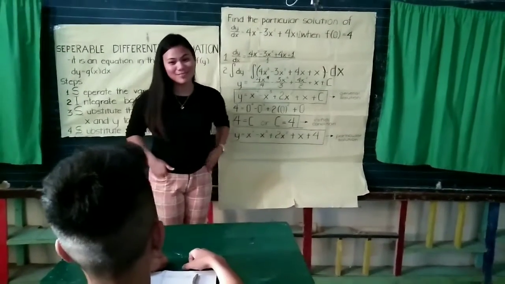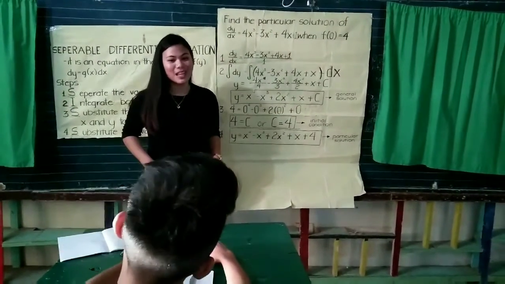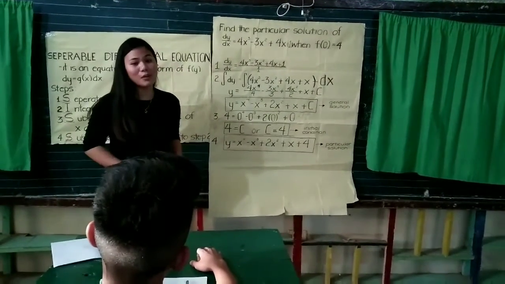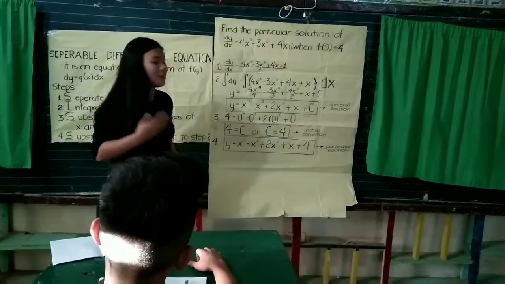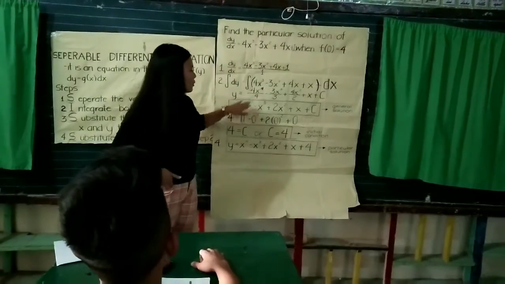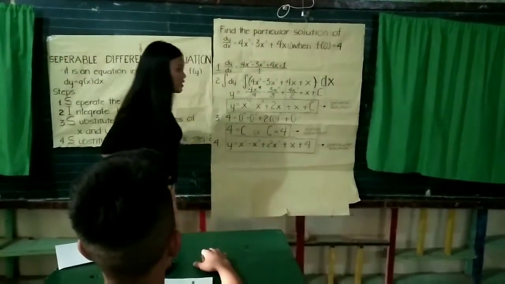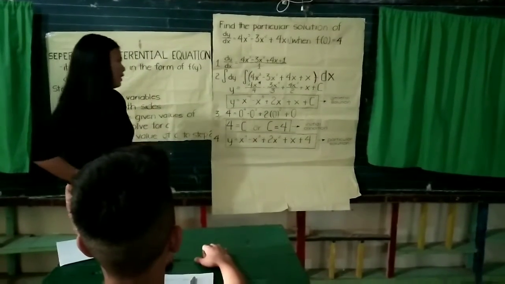Do you have any question? Teacher, what is the purpose of c? Oh, the c is the constant in the equation, and that is what we are going to look for, find the value. And y equals x raised to 4 minus x cubed plus 2x squared plus x plus c is the general solution of the problem. So